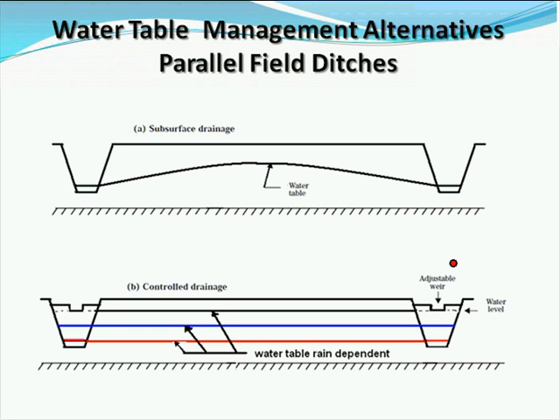And as long as you have a water table there to control, you're in good shape. But if you hit a dry period and you don't have any rainfall, then you don't have anything to manage,